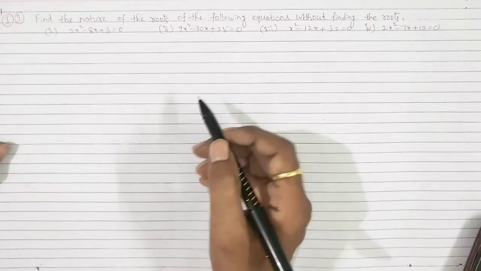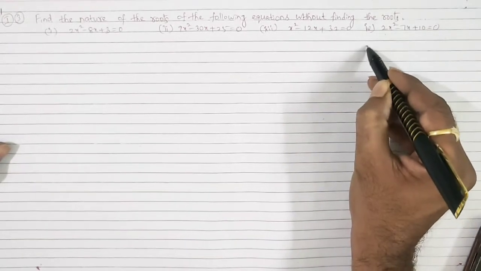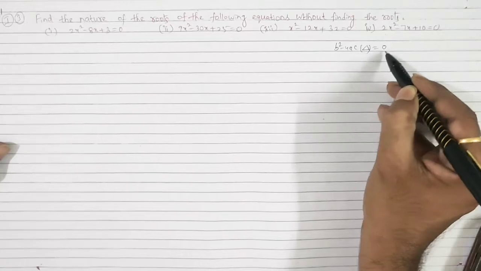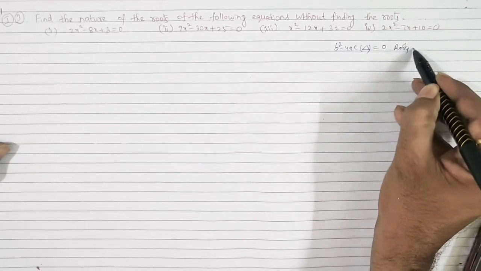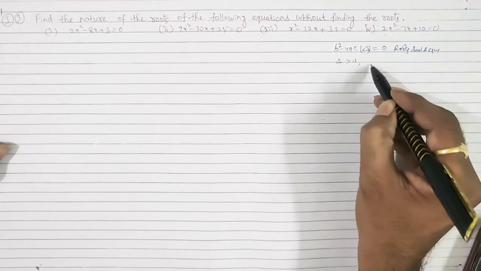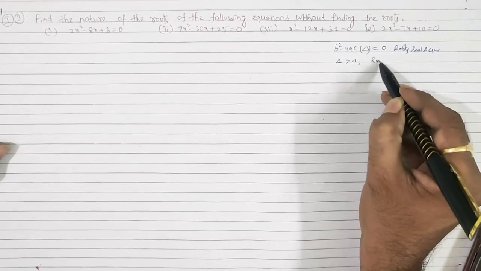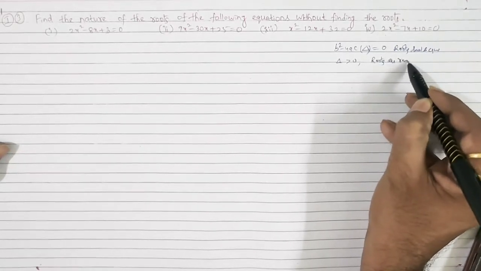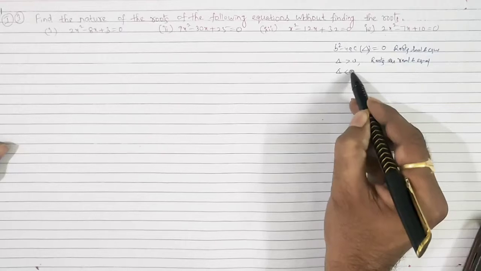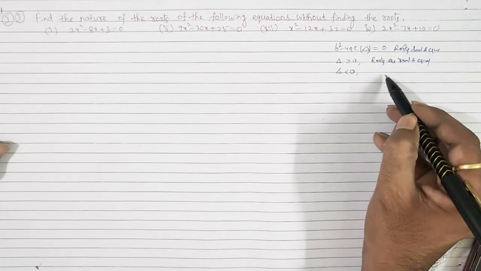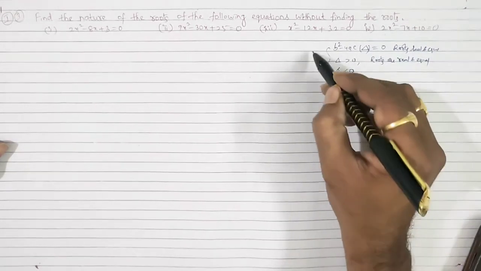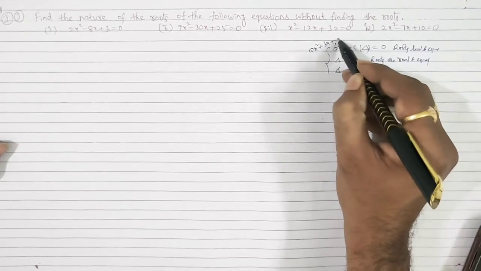As you know that if the b square minus 4ac value is equal to 0, then roots are real and equal. And if b square minus 4ac value is greater than 0, roots are real and unequal. And if delta, that means b square minus 4ac value, is less than 0, then roots are imaginary, that means not real, complex numbers. When these three cases are applicable, if a in ax square plus bx plus c